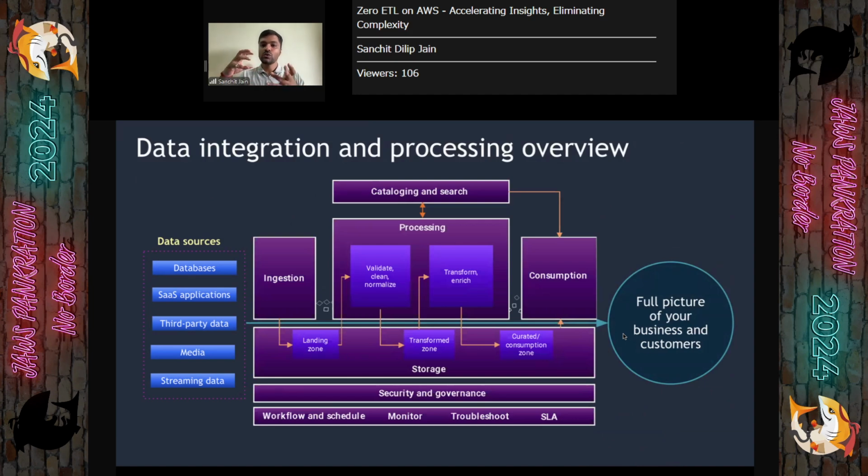If you try to zoom in a bit within those processes, this is the complex thing that data engineers, data architects, and data analysts do to get your raw data, which is on the left side, and make it available for your business personas, which includes a lot of stuff, right? From ingestion of the data to processing it, like cleansing that data, transforming it, enriching it, as well as making it searchable, that is, you catalog, create an index of the data, and consumption.